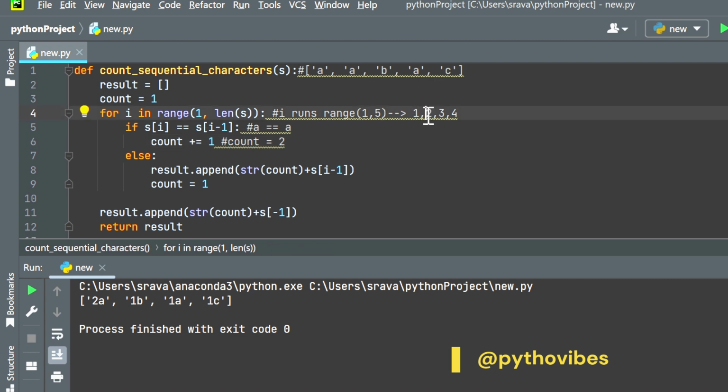So for the second iteration we have i value as 2, and it will check s of 2. What do we have at the s of 2 index? We have b. So b equals to s of 2 minus 1, 2 minus 1, which is nothing but 1. So s of 1, what do we have? We have a. So whether this b equals to a or not? No, it is not. So this if condition will become false, and it comes to the else condition here, and then